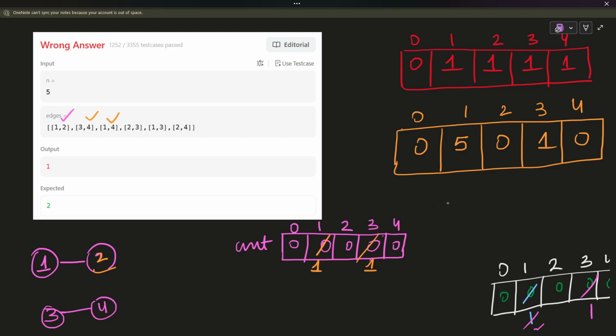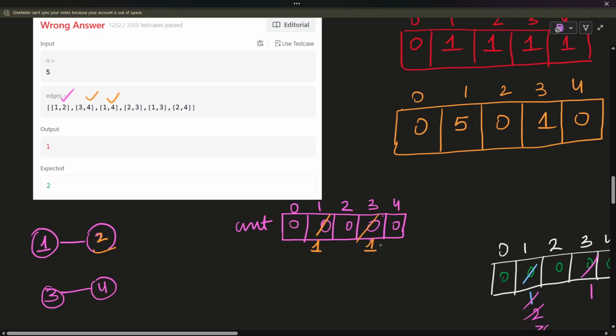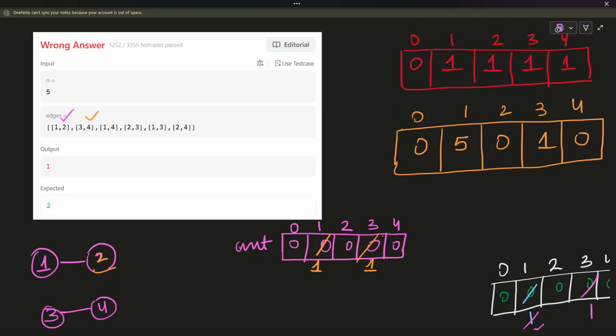Then we connect 1 comma 4 and we can see that 3 comma 4 aren't connected, right? So we make the parent 4 and we just connect it, right? We increase the count of 1 by 1, so it becomes 2. But wait,